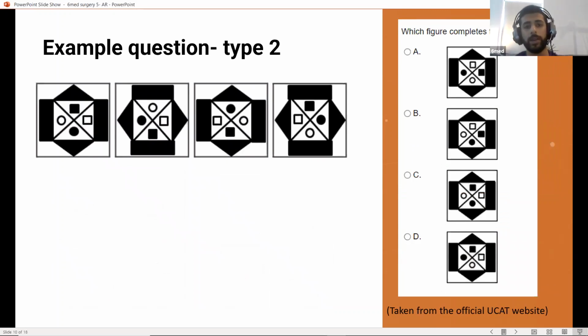And then with this one, again, instantly, what's the most obvious thing here? Well, the big black outer shape is rotating here. So it's not going to be anything to do with the shape changing. It looks like it's rotating, or the same as it alternating. So it's horizontal, vertical, horizontal, vertical.